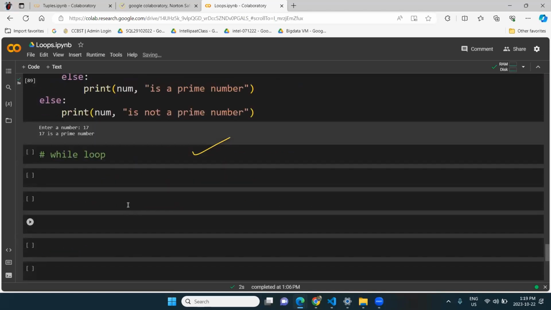Now, guys, what is this while loop? A while loop is, until my condition is true, it will keep moving on. Okay, until my condition is true. So let's look at it this way. Suppose